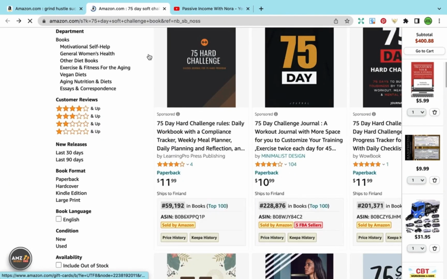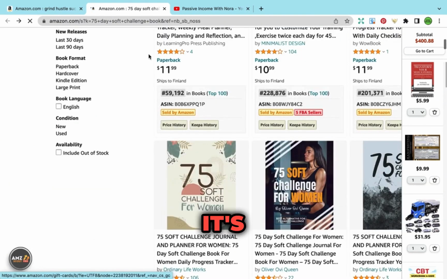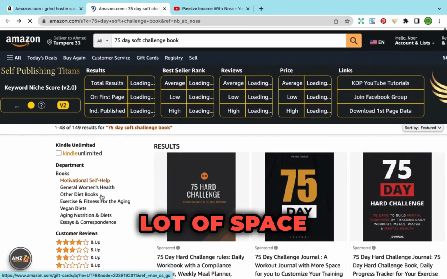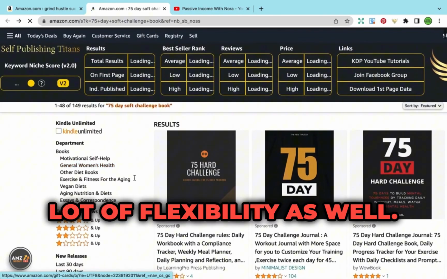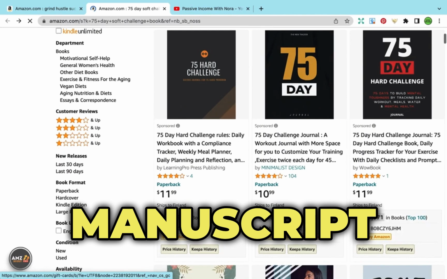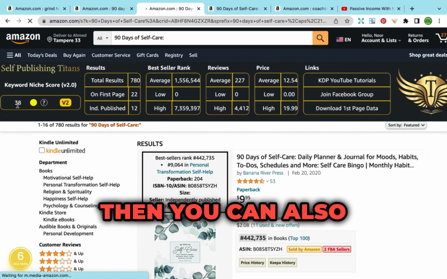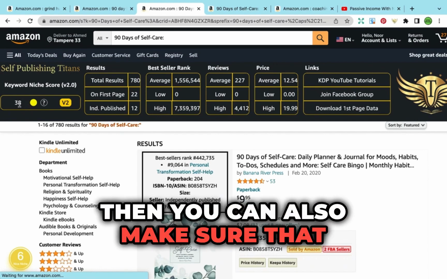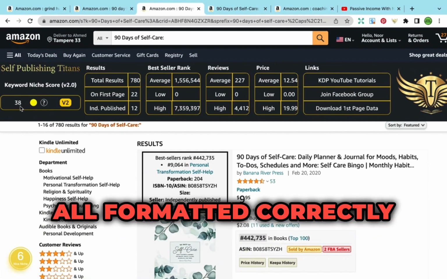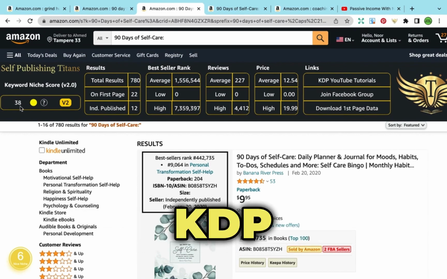This is the best size when it comes to KDP. It's a large print and it will allow you a lot of space and a lot of flexibility as well. And ensure that your manuscript is formatted according to KDP's margin and layout guidelines. If you need, then you can also make sure that your book's all formatted correctly according to KDP formatting, and